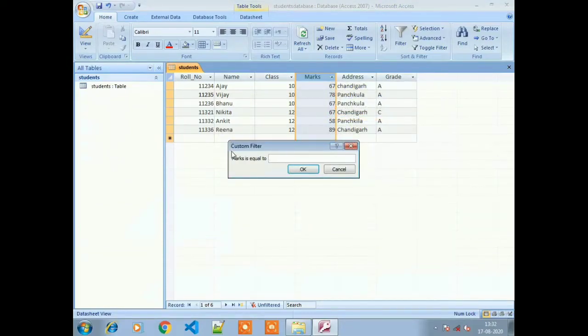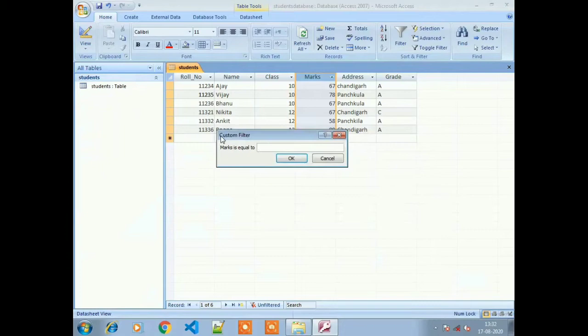So now we can see the custom filter dialog box will appear. In that dialog box there is one field, marks is equal to, because we are using the marks field. So according to the marks value we can filter the record, right?